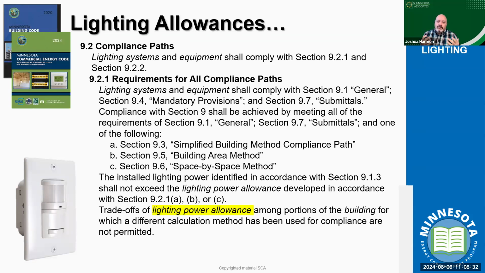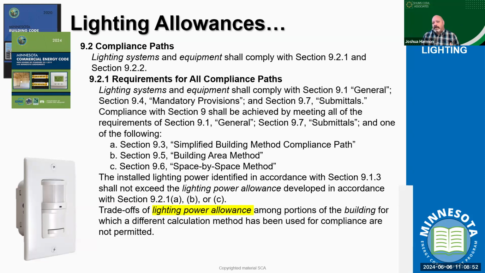If we think about it in the context of the building area method, again, think about it. If I'm looking at a building, I'm going to choose a very simplified evaluation of that system. I'm going to say, okay, this is a library. And so as a library, it's going to have a specific value that the table tells us should be applied when calculating how much energy should be used for lighting.